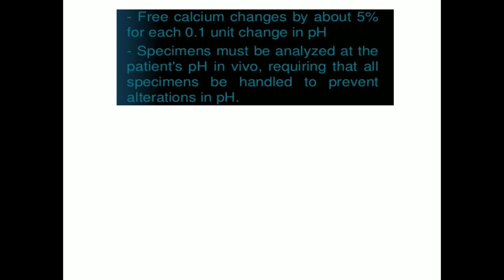Okay. So the specimens, the main important thing is that to prevent this, if you have to analyze for free calcium, then its pH must be whatever the pH was in vivo. Okay, that means when the blood was inside the patient's body, whatever the pH was, you have to measure the sample at that pH. You should not allow the pH to change in your sample after you have collected the sample. So you have to handle your sample very, very cautiously for that.